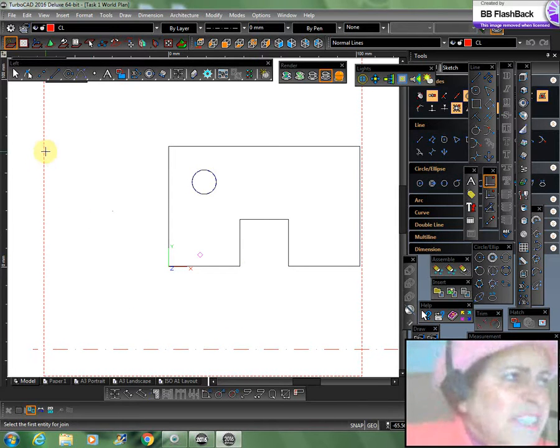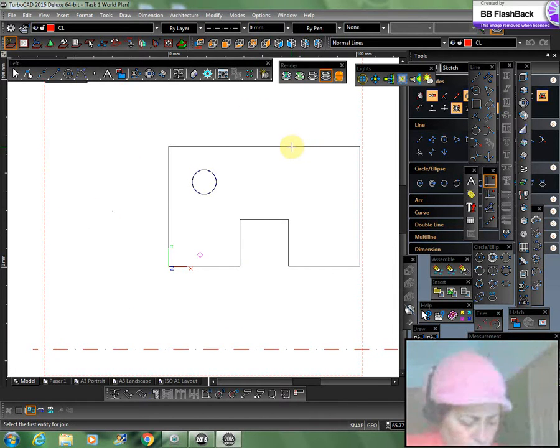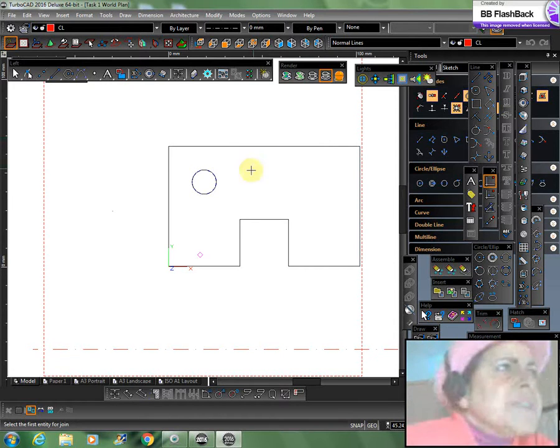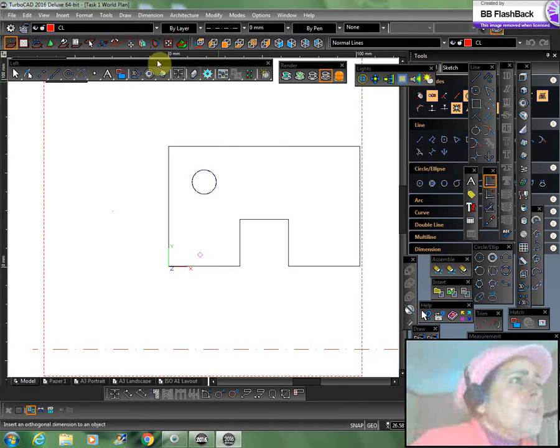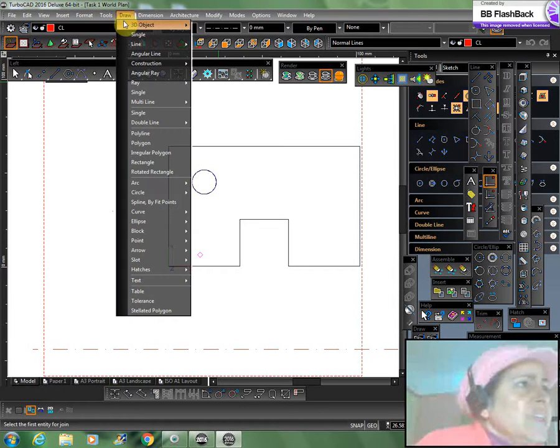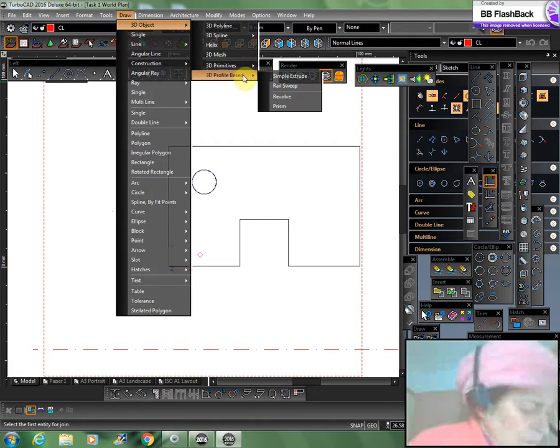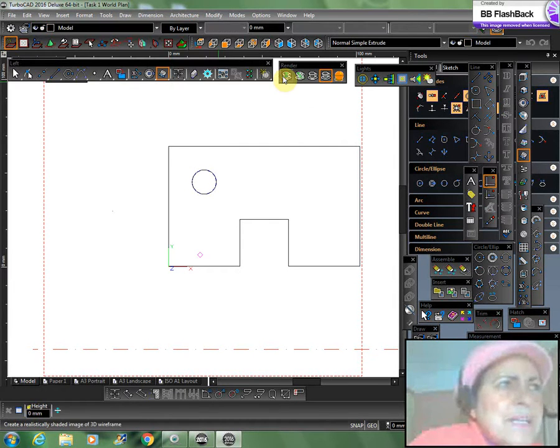So therefore you do this one, and after you did this one, if you want to extrude this one, you have to use a simple extrude. To do the simple extrude, you go to Draw, you go to 3D Object, and then you choose 3D Profile Based, and then Simple Extrude. So when you place simple extrude,